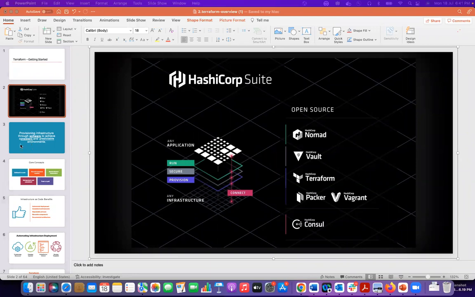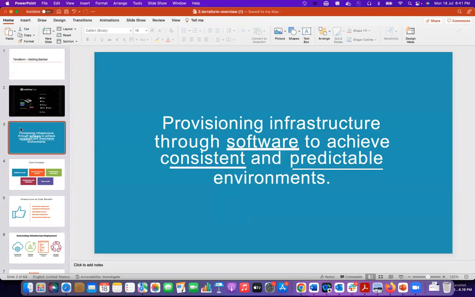So Terraform allows you to provision infrastructure through IAC-based practices. What this means is that instead of managing your infrastructure manually, creating the resources required for running your applications manually, you rely on Terraform, and Terraform can create them with IAC based practices in consistent and predictable environments. Every time you run Terraform, you will have a consistent environment